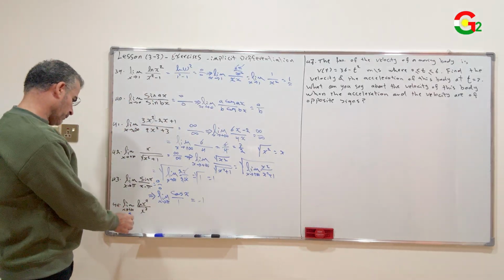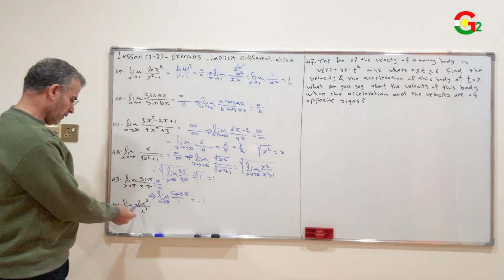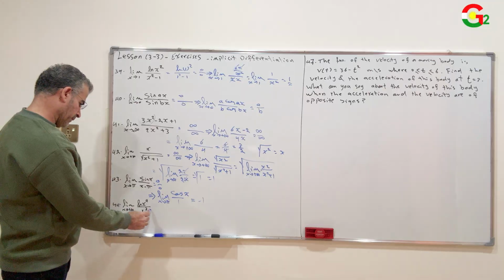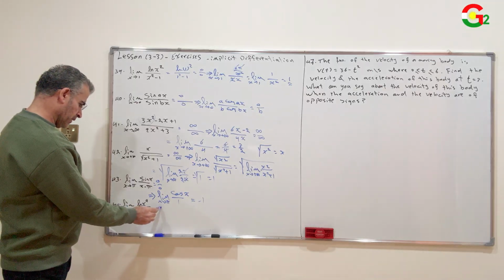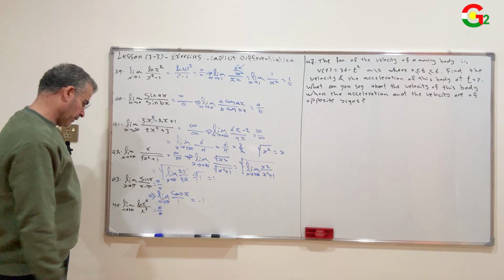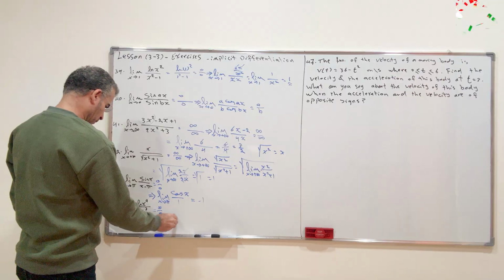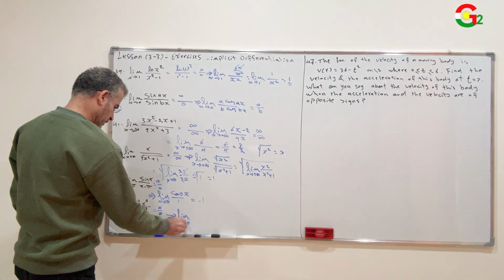Question number 44. Limit x approach to positive infinity for ln x power 4 over x power 3. Ln infinity is infinity over infinity power 3 infinity. Therefore, we use L'Hopital rule. Limit x approach to positive infinity,